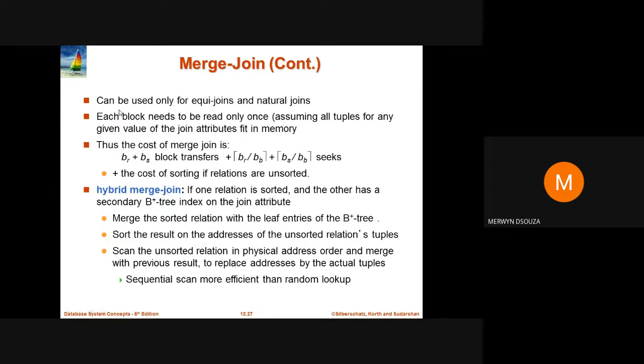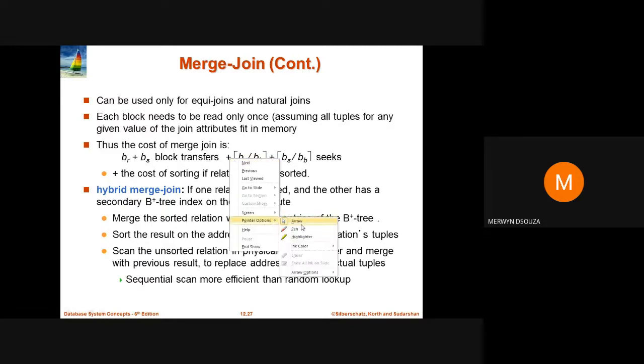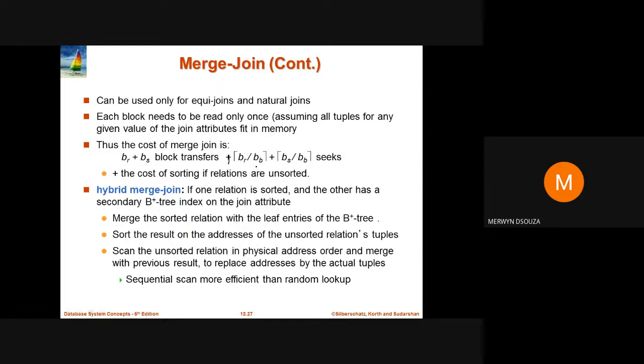Merge join can be used only for equijoins and natural joins. You need to remember that we cannot apply the merge join algorithm for other kinds of joins. Every block needs to be read only once, assuming that all tuples for any given value of the join attributes will fit in memory. Therefore, the cost of the merge join will be given as br plus bs block transfers. The number of seeks required is br divided by bb plus bs divided by bb seeks,